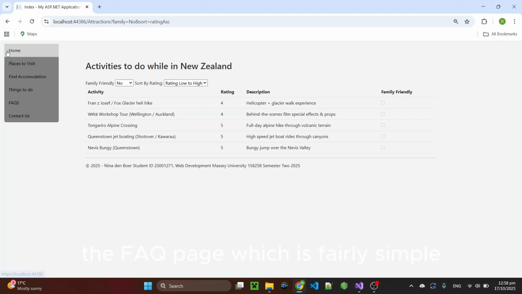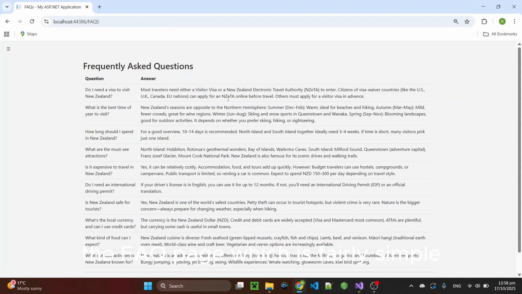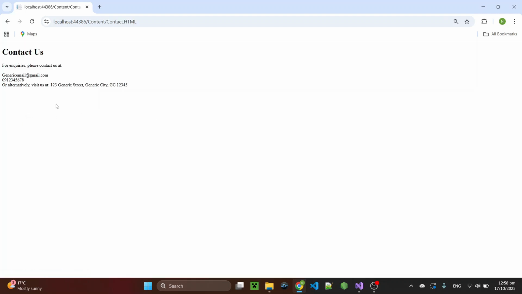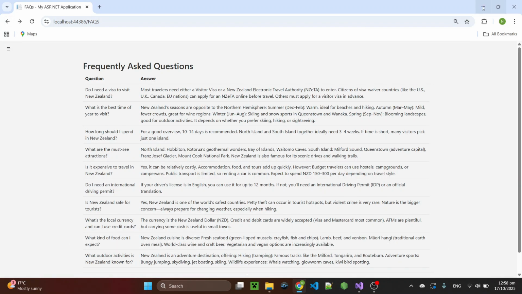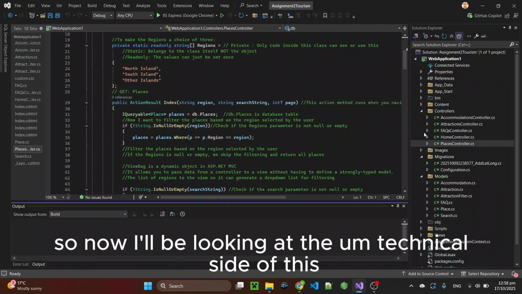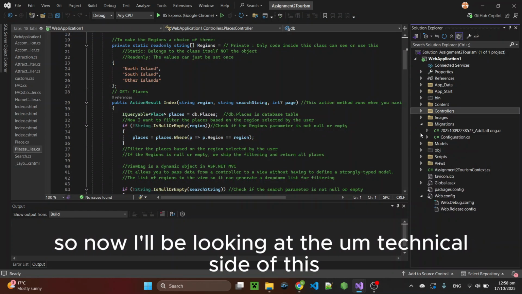the FAQ page, which is fairly simple. The only thing really here is the global CSS applied for layout, but this is not an interactive page. And then the last page is the contact us, which is again a non-interactive static page. So now I'll be looking at the technical side of this